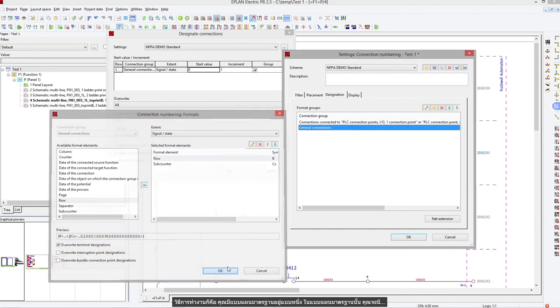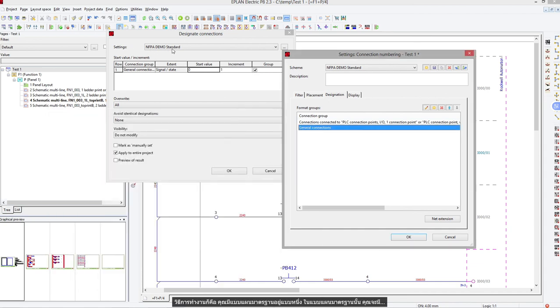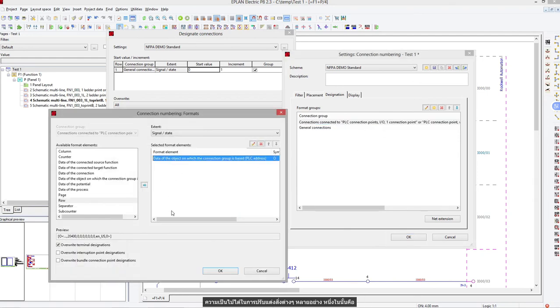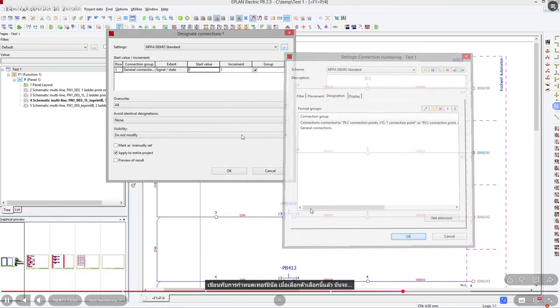So you can see here how it works is you have a standard scheme. In that standard scheme, you have two different wire numbering groups, one for everything that's connected to PLCs, one for everything that's general, and on each of them, I have the possibility to adjust a few different things. One among them is the override terminal designation. When it's checked, what this